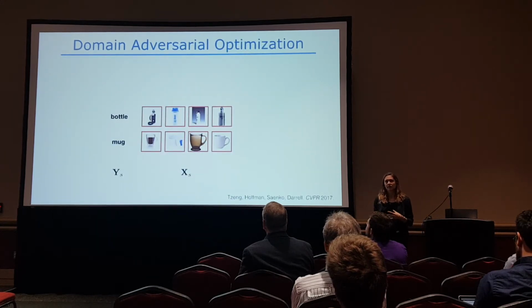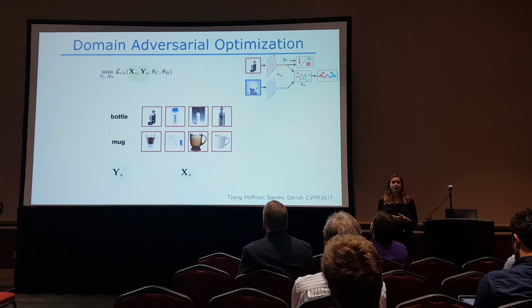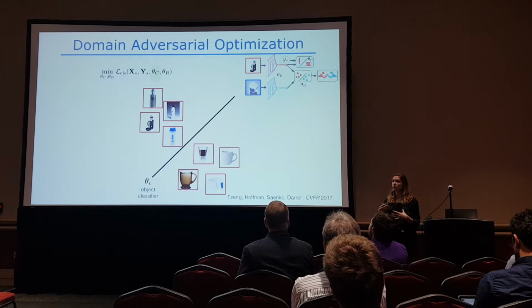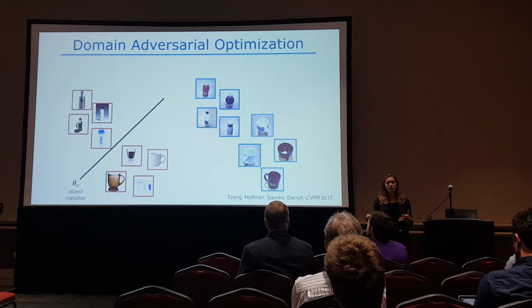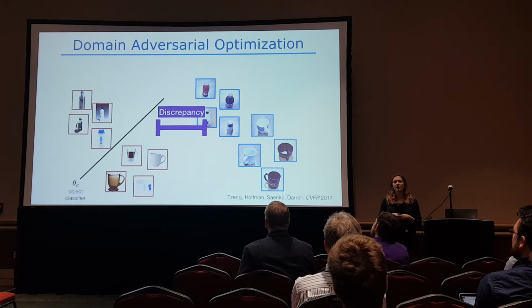So to understand how that optimization works in a little bit more detail, we can look at an example. Here we have source images and labels. And because we have a lot of labels here, we can, of course, learn a representation which is useful for classifying this data. So these points will fall somewhere in space such that they're well separated. But then the problem of adaptation arises when you try to view this new collection of data under the same source representation. And in particular, if there is this discrepancy between the red distribution and the blue distribution,